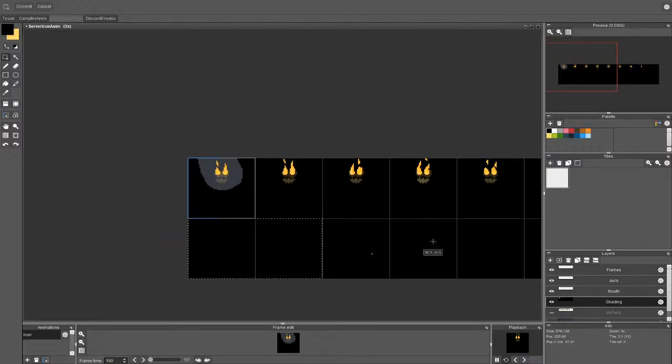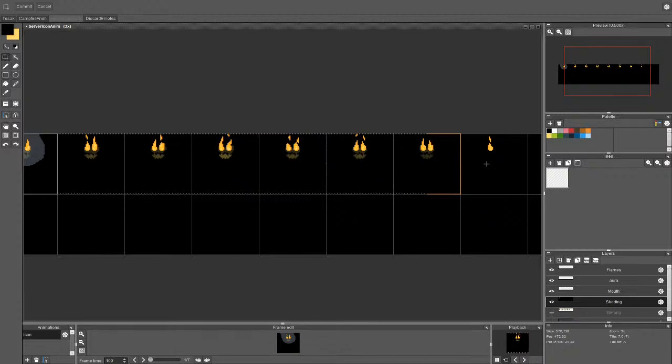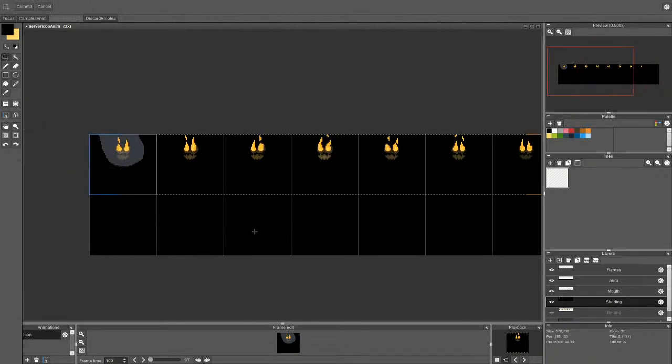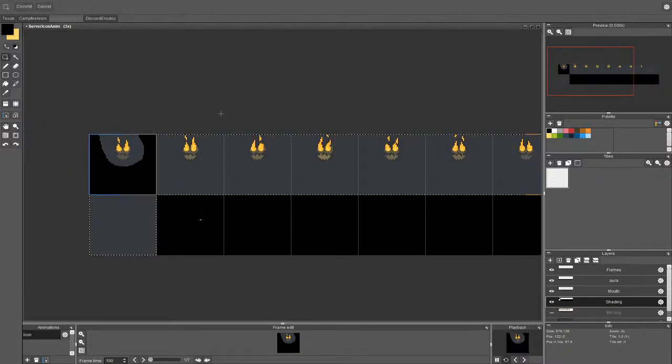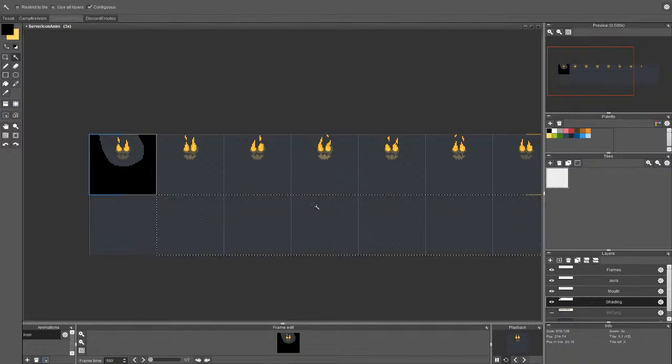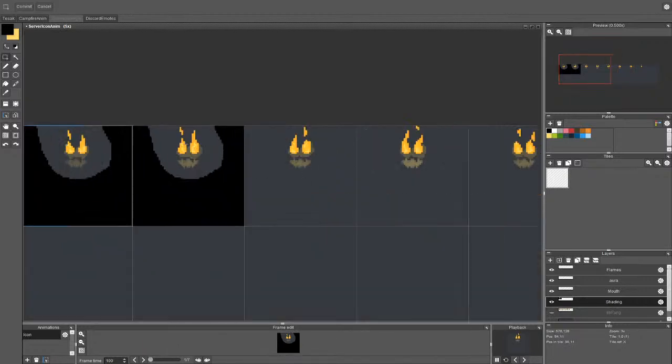Yeah, I made a mistake. So let me quickly select all these frames. Now delete them and select everything in here, because we'll be copying this anyway.